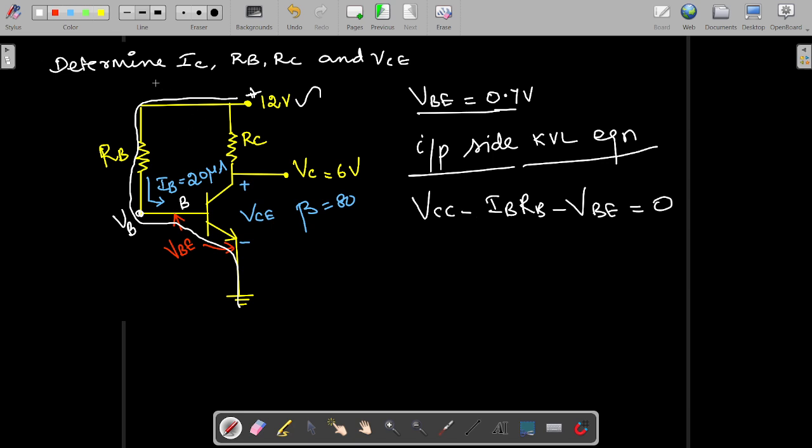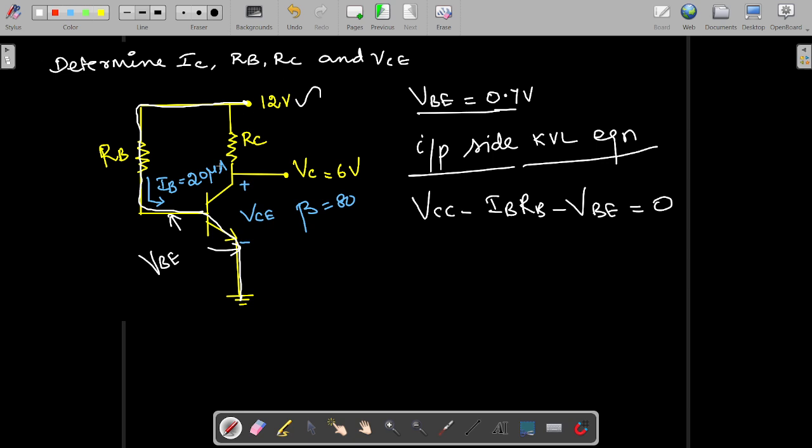So you must be getting some idea on this. How do we write? We start from this point. So the current starts flowing from this higher potential of plus 12 volts. It is flowing through this resistance RB and it is entering into the base. After that, it is leaving this emitter point, and it reaches the ground. Between these two, you are now having the VBE as the potential drop, and you know that value is given